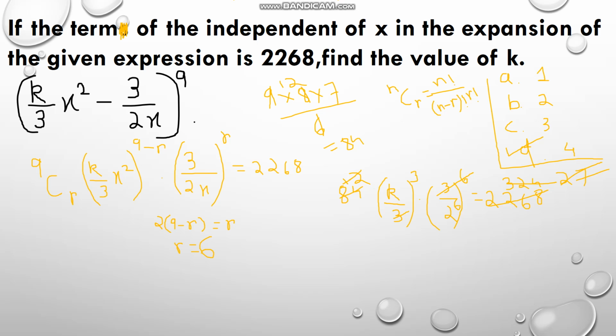Now see, 3 cube, 3 to the power 6 is at the numerator, so while cancelling we will get 3 to the power 3 at the numerator there, and in the equation there is another 27, we can cancel both at once. These are a few tricks one must know to solve equations faster. This is 2 to the power 6. k will be found as 2 square, which is 4. So our answer was 4.